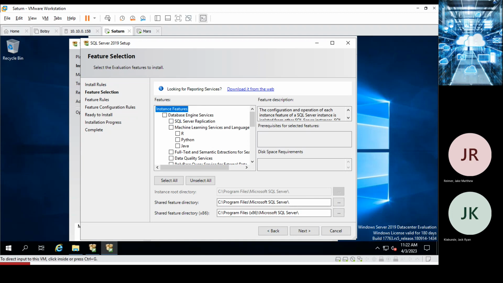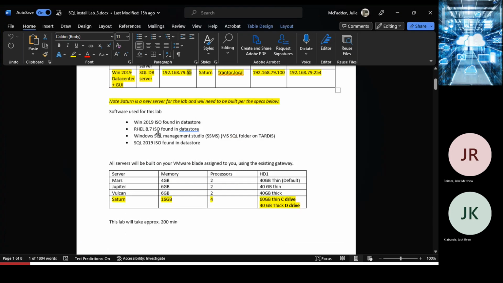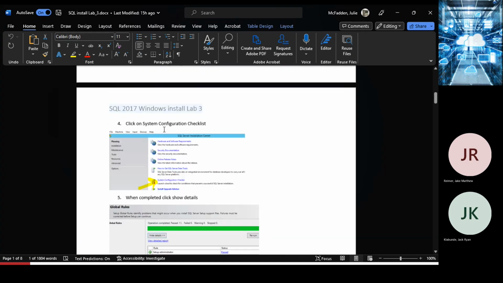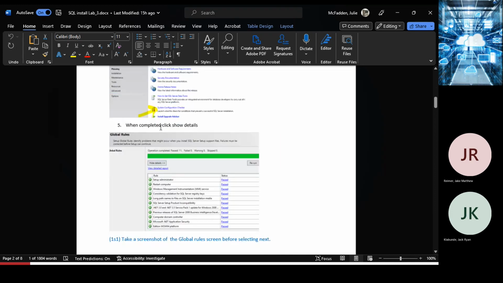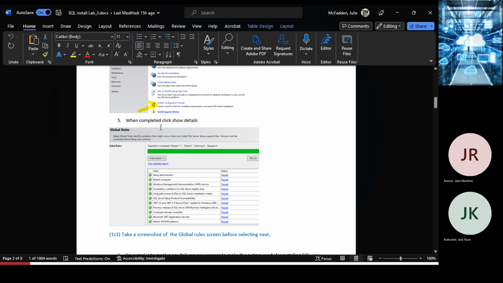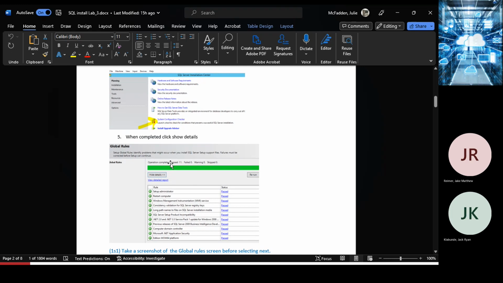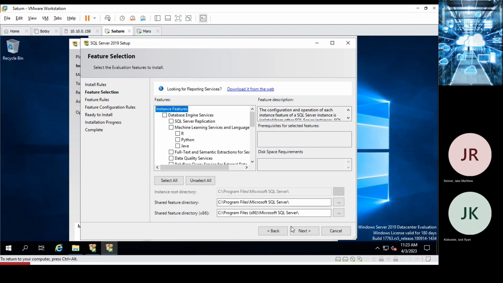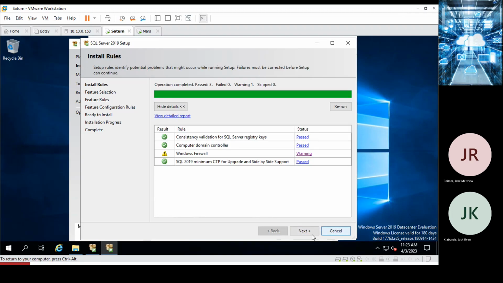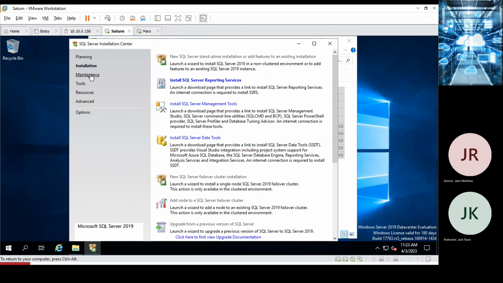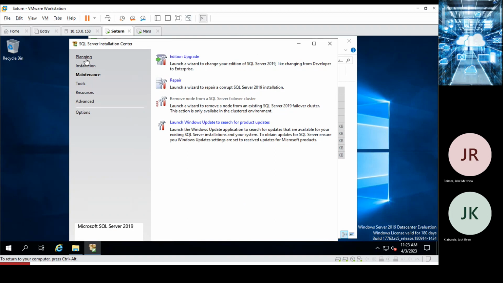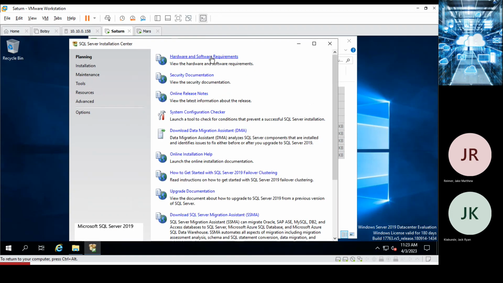Okay, so let me pull the lab up and I can tell you. Okay, so we went through. Oh, okay. I'll go back to that first screenshot. Sorry. I'll just cancel out of mine. Okay, so what that was is